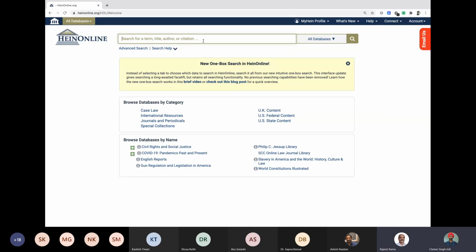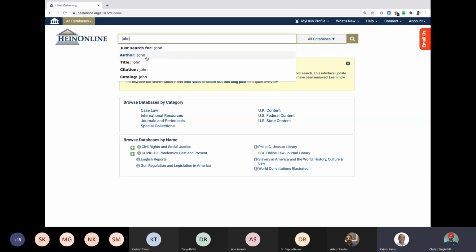So what we can do is that if you just write the word John over here, it will ask whether you want to search for the title, an author, a citation, or a catalog. Now, catalog is a bit different term. I'm sure a lot of people know about it, and a handful of people would have some confusion around this. Catalog means that if you are looking for a subject,